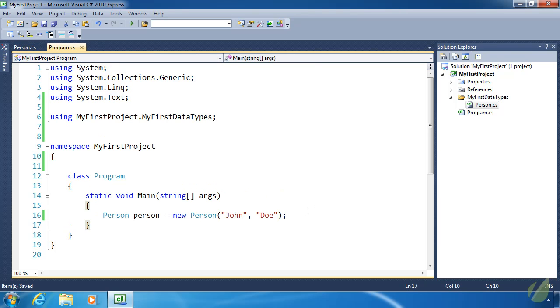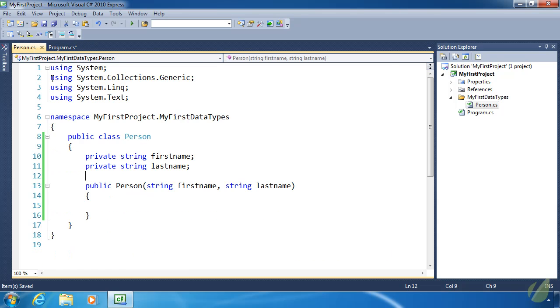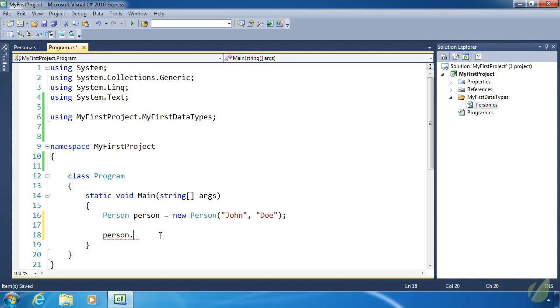If we try to use these fields in our code, you can see that firstName or lastName are not listed there. But if we change this to public, which we do not want to do, we will see that firstName